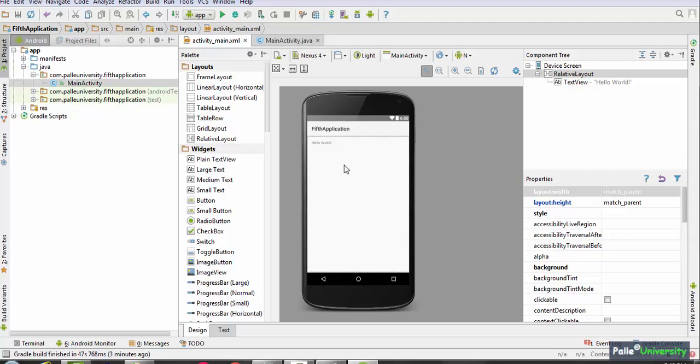Designing in Android is very easy because Android Studio comes with a predefined GUI toolkit. GUI means Graphical User Interface toolkit, which you can observe here. This GUI toolkit comes with a lot of UI elements. For example, to display plain text, there is a plain text view. To display large text, there is a large text. Similarly, for designing buttons, there is a button view. Similarly, radio button is there, checkbox is there, and so on.